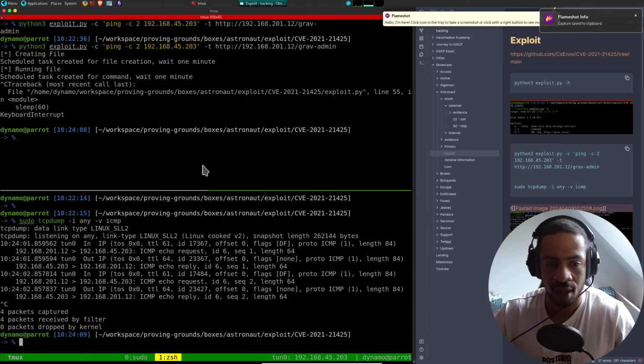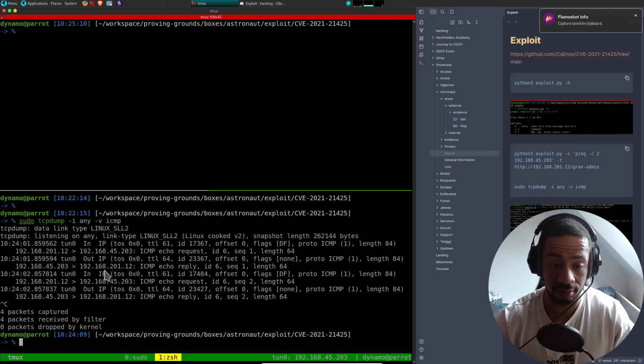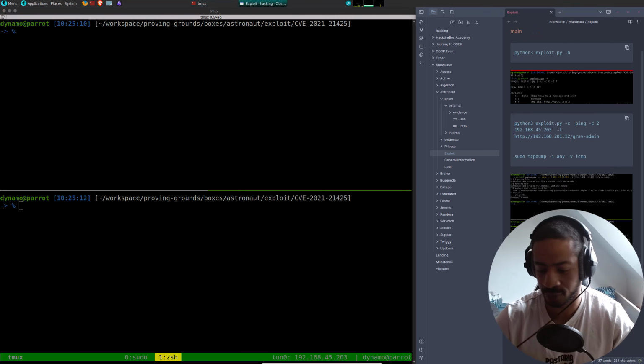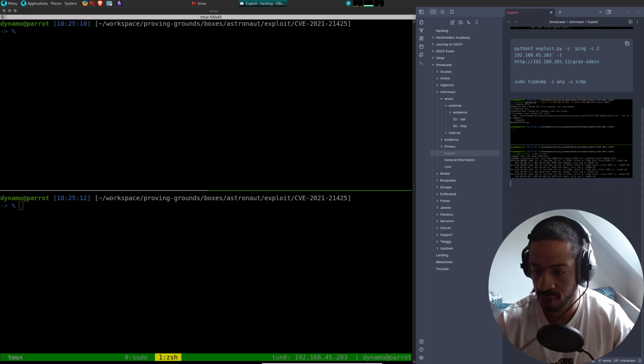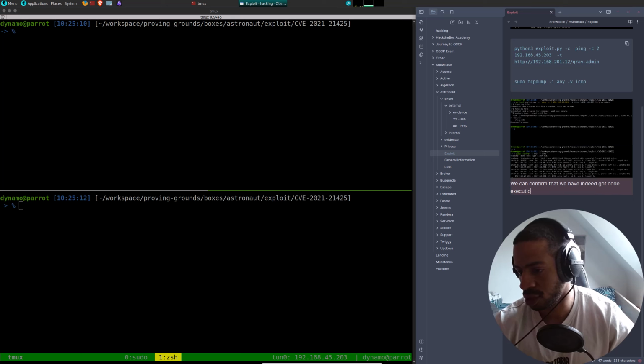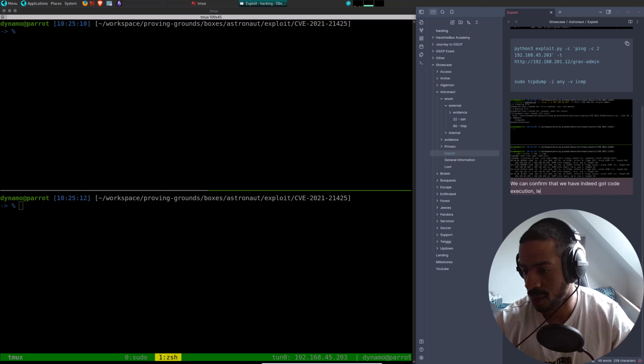Here. What can we do now? Exploit. So let's go to here and say we can confirm that we have indeed got code execution. We can thus get a reverse shell.